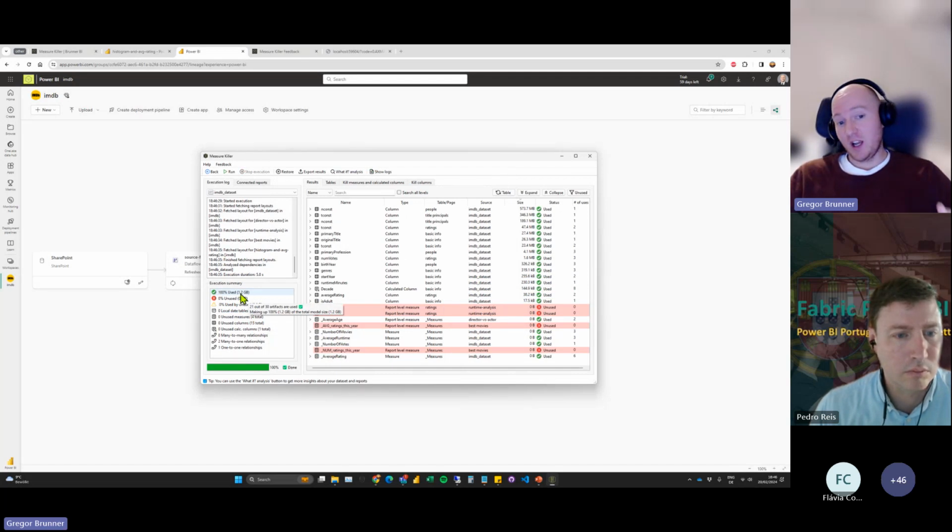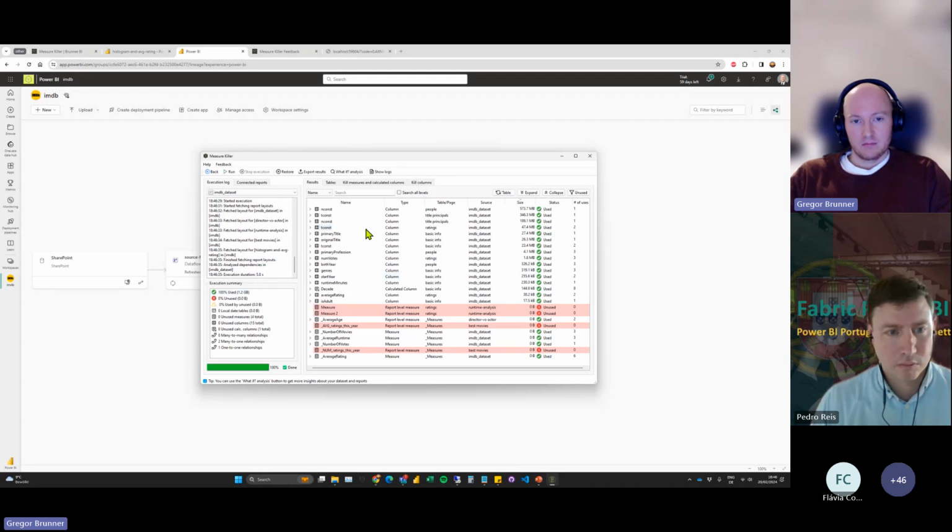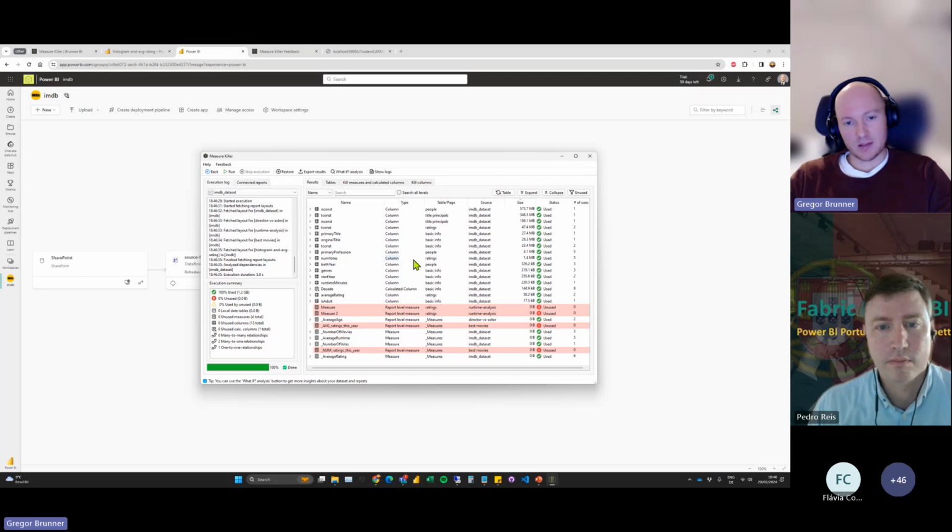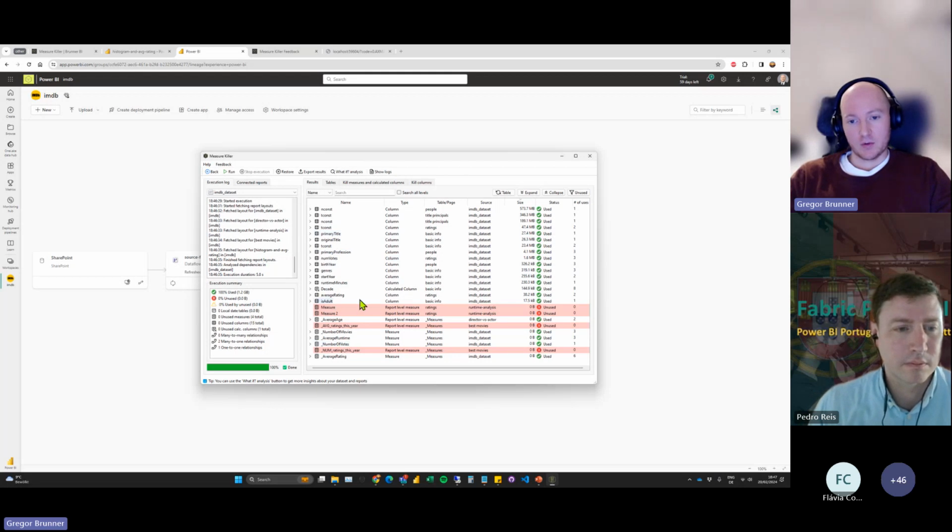So that's really, we cut our model size down by 50%. And it is quite easy to do that, right? Because you just follow the whole script basically, and anybody could do this actually. It's easier to do it locally, obviously, and just paste the M code in Power Query, but online it also works, and I think that's really cool that we can even do this. And you can see only those report level measures are left.